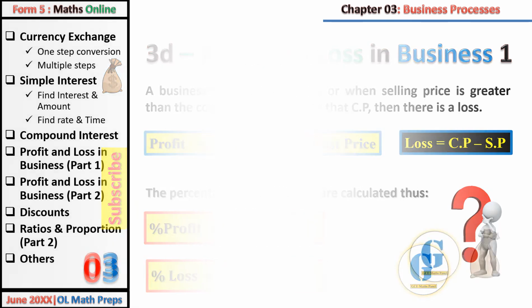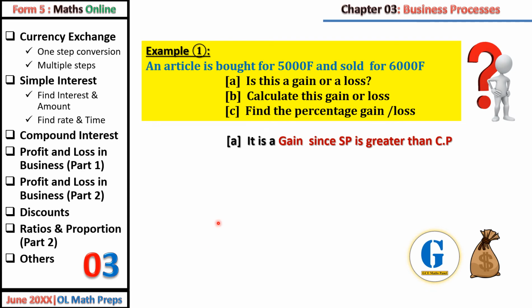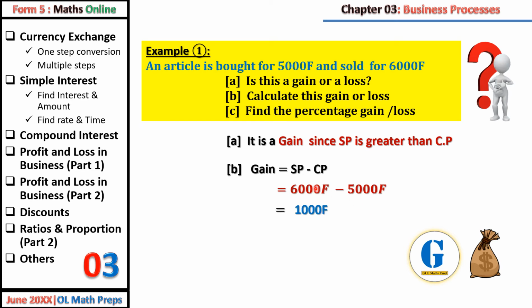Let's take some examples. An article is bought for 5,000 francs and sold for 6,000 francs. Is this a gain or a loss? Calculate this gain or loss and find the percentage gain or loss. So this article is bought for 5,000 and sold for 6,000. Obviously, the person has made a gain, and the gain or the profit is given by the selling price minus the cost price. That gives us 1,000 francs. And the percentage profit or gain will be equal to the gain over the cost price times 100% over 1, which is equal to